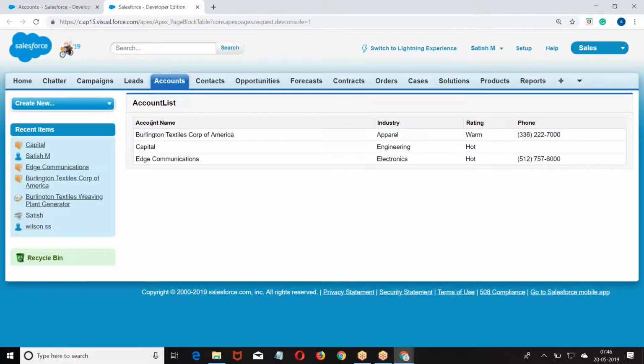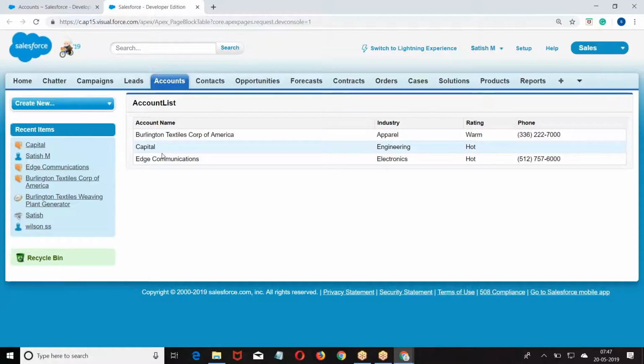Now what are you getting here? Account name, industry, rating, wow. We are getting the records. How are we getting the records? In the same look and feel of Salesforce. The way Salesforce displays, in the same way we are getting the data, right? Okay. And the data was selected column wise or row wise? Look at this. Now the entire row is getting selected. If I select any one value, the entire row is getting selected, right? So it is called row wise display.